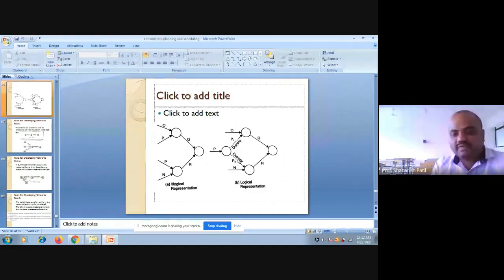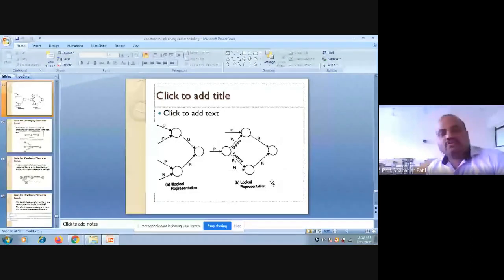You will understand this when you start drawing these networks. Okay, we'll go for that also. Anyhow, you have numericals to be solved because CPM and PERT are clearly mentioned in your syllabus. So you need to draw these network diagrams, which we will discuss further. Please remember, I cannot show the same activity twice in a network diagram. Another thing is, there will be only one start and one end in the network diagram. For this purpose, somewhere we have to use a dummy activity which consumes no time and no resources. So there are certain rules to be followed.